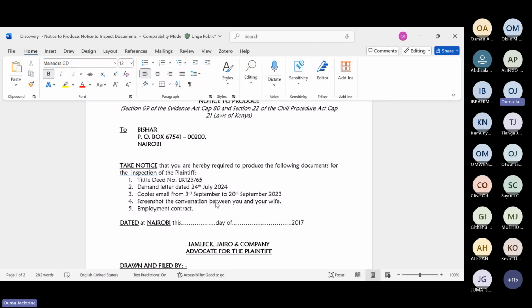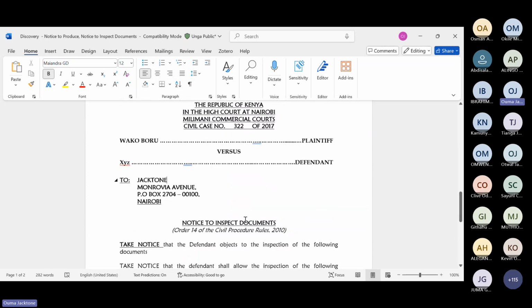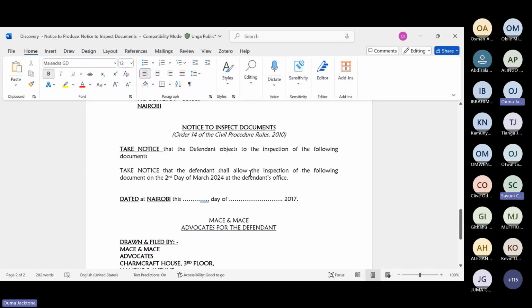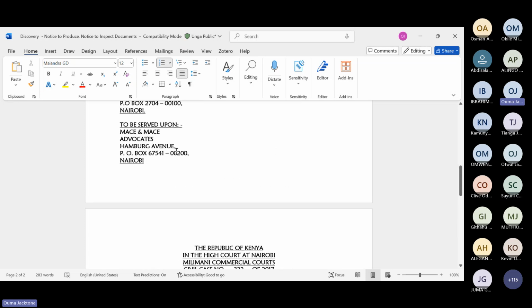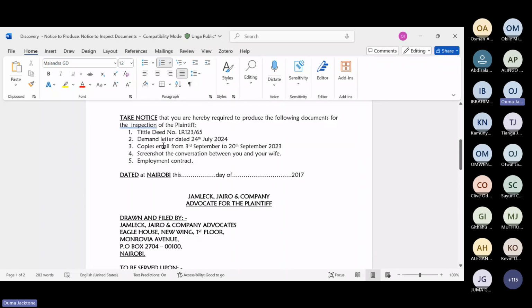They will limit. So here, Bishar will be telling me, take notice that the defendant objects to the inspection of the following documents. So from our list, what do you think this person will be objecting to? I'm not saying that is a standard. For instance, you'll be saying, we will not be giving you copies of emails and the screenshots between me and my wife, you know.